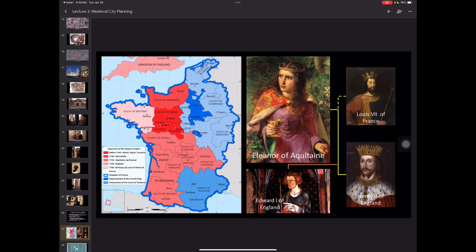And why does he do that? Because once he starts taxing them, if he takes all the tax for himself, he's just gonna make the barons here angry, and if they're angry, they're gonna side with the French king. So what he has to do is say, we're gonna split the revenue, right? So I'm bringing you more revenue, which means you should support me in our war against France. And so that is why England did have a very huge claim to France for a very long time.